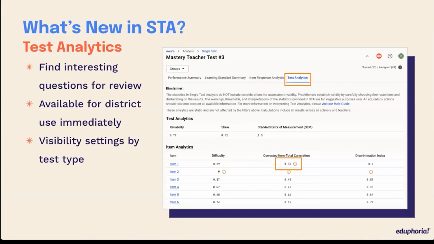The point is to find interesting questions. Hey, this question is flagged under these stats. That doesn't mean it's good or bad. It just means you might want to go look at it and see if that question is doing what you intend it to do. And it might very well be doing exactly what you intended to do,